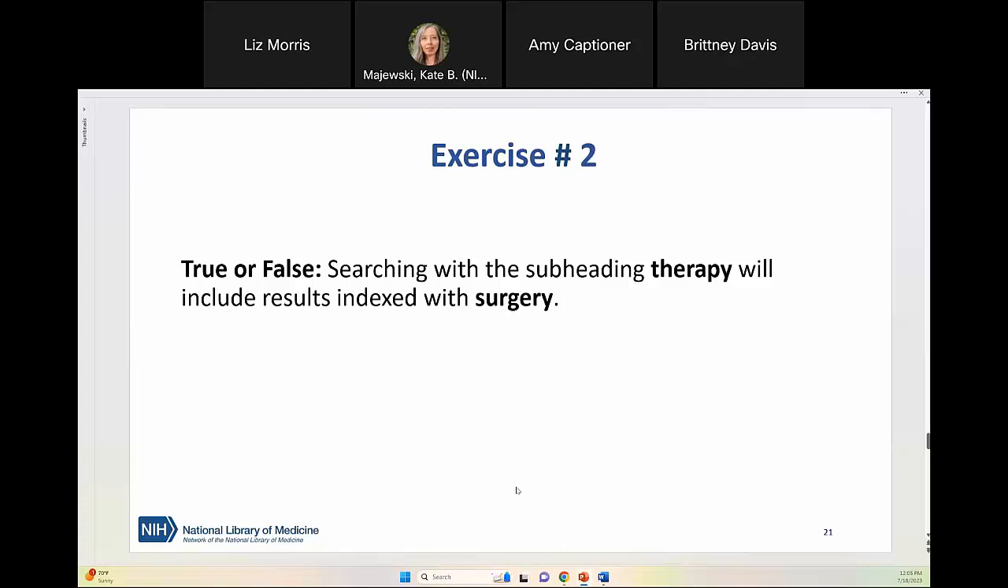And don't think you have to know this off the top of your head. Feel free to use the MeSH database to do some exploring around this. Okay, I'm seeing a mix of answers. I'm seeing yes, because surgery is a narrower term in the therapy terms hierarchy, seeing a couple yeses, seeing a couple no's. So the answer to this question is